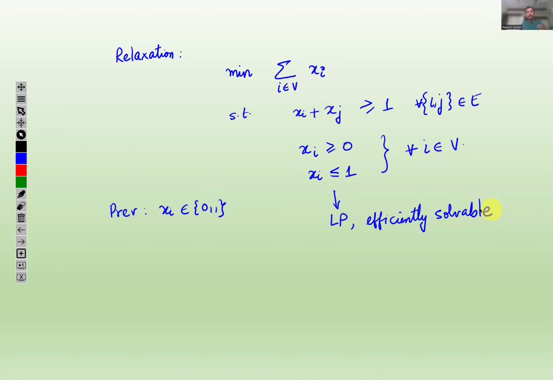The objective and the constraints are all linear functions, so they are efficiently solvable. But the answer need not be an LP solution that corresponds to an independent set anymore, right? And why need not it correspond to an independent set anymore? So maybe the output of this, let me call it ZLP,